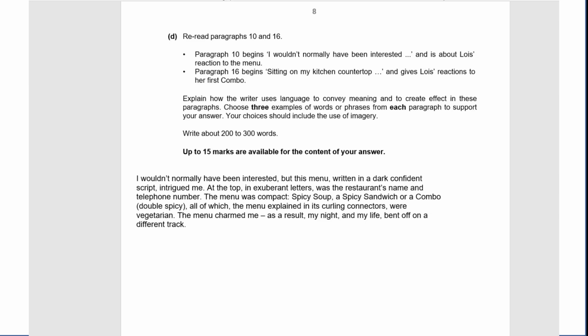So I like to get my students to write the overall effect straight away before even annotating or highlighting. So let's put the overall effect of the language creates an image of. This sentence stem doesn't change, guys. The overall effect of the language creates an image of, and the focus is on Lois's reaction. So quite simply, we are going to put Lois's reaction to the menu. Let's put being one of fascination. Let's not use that word intrigue. Being one of fascination,